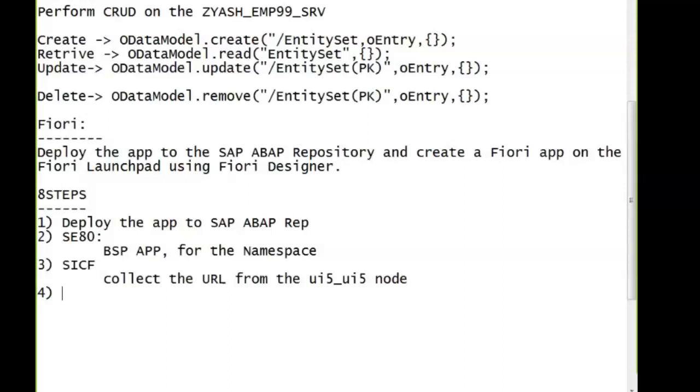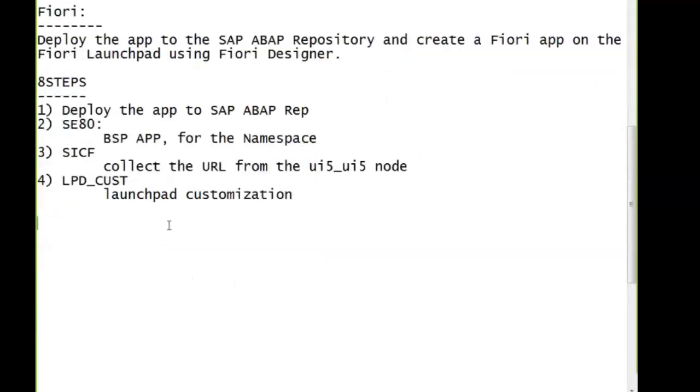Next, create a launchpad customization using LPD_CUST. You can have n number of applications in the launchpad customizations. For a single launchpad role, you can have n number of applications. LPD role.